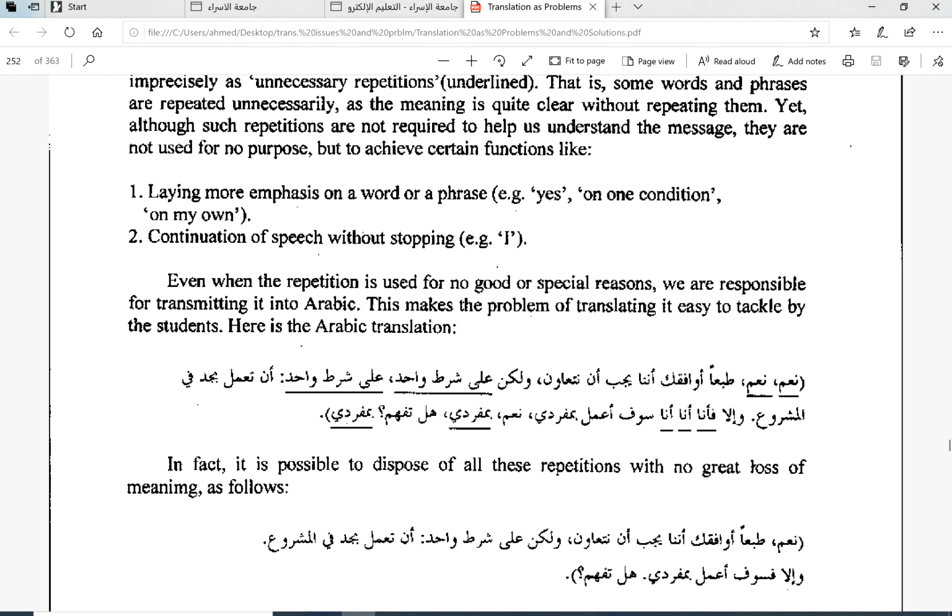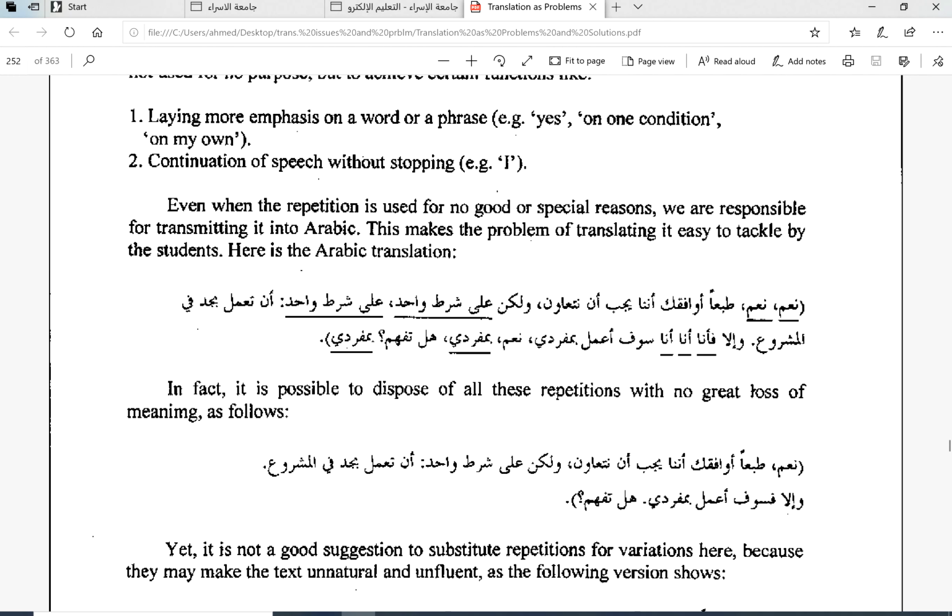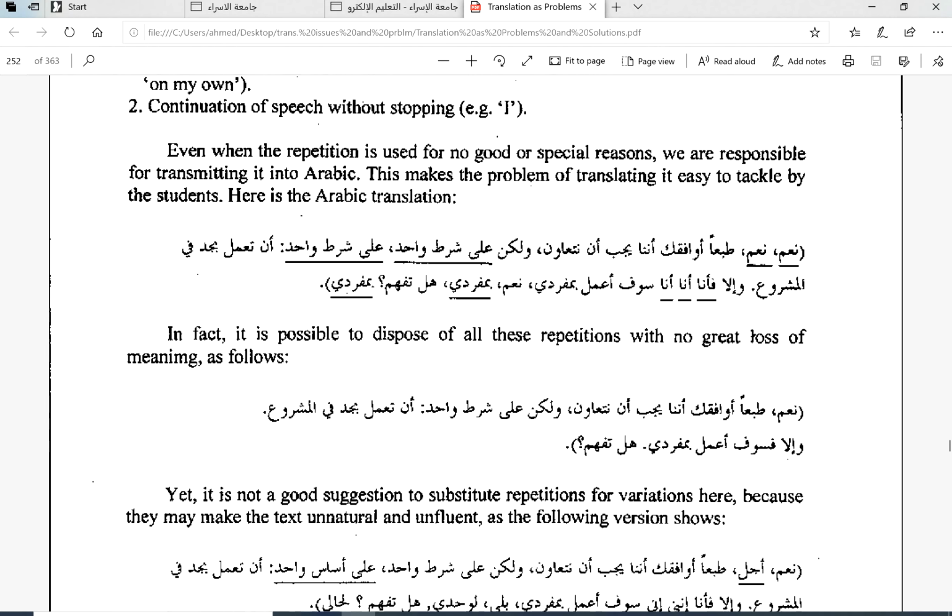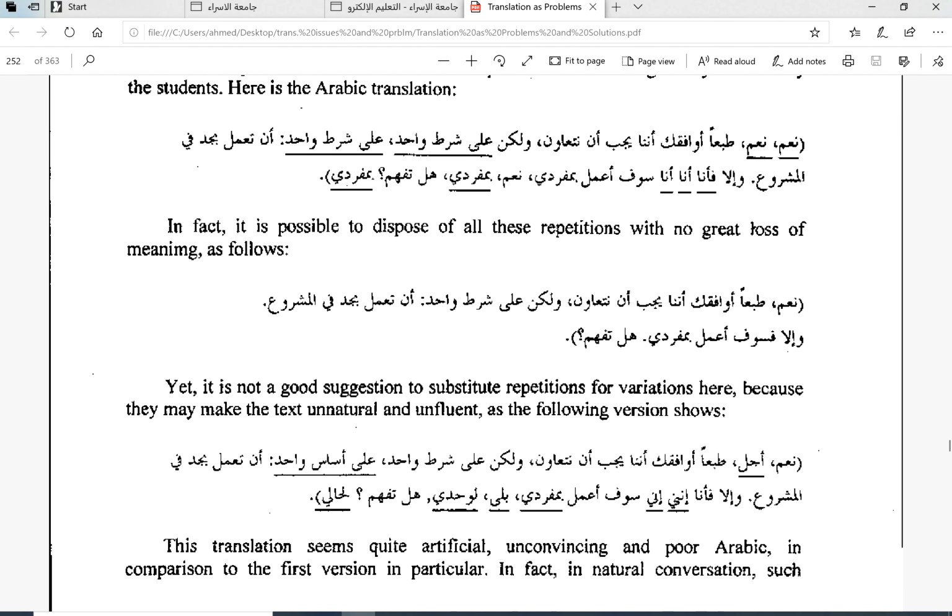If you're translating into Arabic, let's say: نعم طبعا أوافقك أننا يجب أن نتعاون، ولكن على شرط واحد أن تعمل بجد في المشروع، وإلا فأنا سوف أعمل بمفردي. نعم بمفردي. هل تفهم؟ بمفردي. In fact, it is possible to dispose of all these repetitions with no great loss of meaning as follows. نعم طبعا أوافق أننا يجب أن نتعاون، ولكن على شرط واحد، أن تعمل بجد في المشروع وإلا فسوف أعمل بمفردي. هل تفهم؟